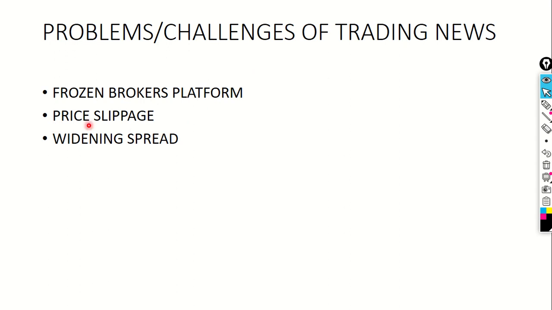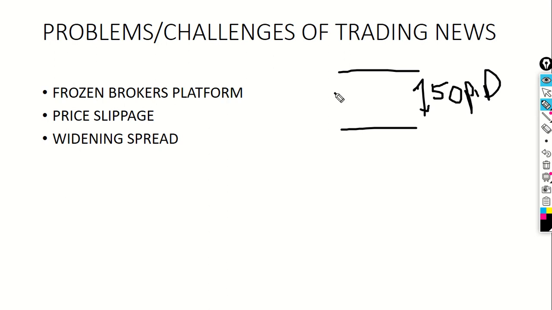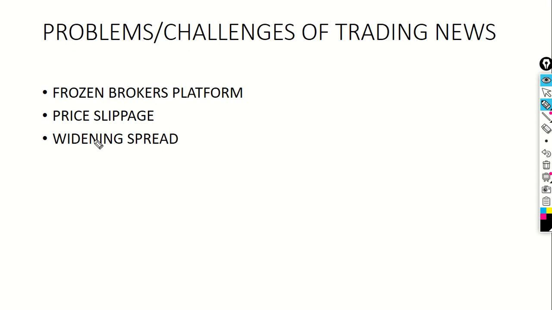So there are price slippages. You enter at a certain price just before news. You enter in here, your buy order will be placed in here. Here there's a difference, here 50 pips. You've seen it with some brokers. You'll be filled at 50 pips. Price will stay below in here. You get smoked.